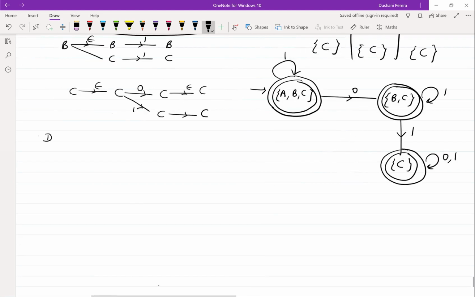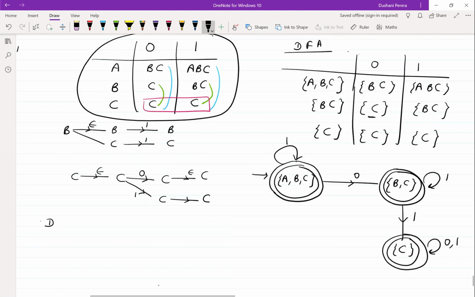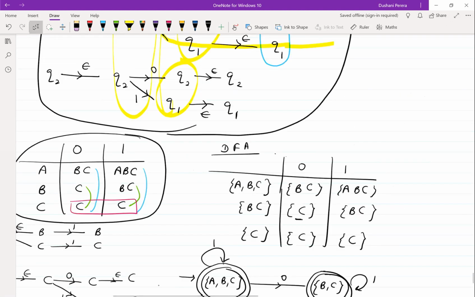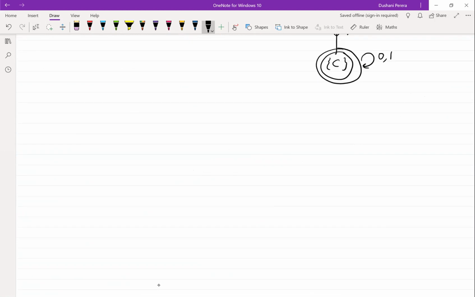I hope you are clear with how to convert these. So from morning, what we did were, we first converted NFAs to DFAs. This of course is quite simple. When it came to epsilon NFA, how did we convert this into a DFA? First of all, we have to get the epsilon closures of each state, and then we checked what are the results that we get by